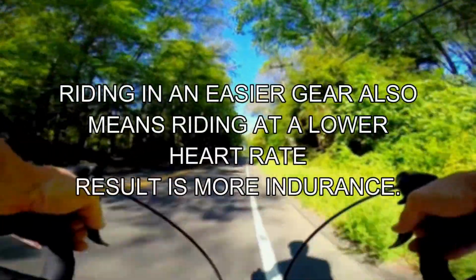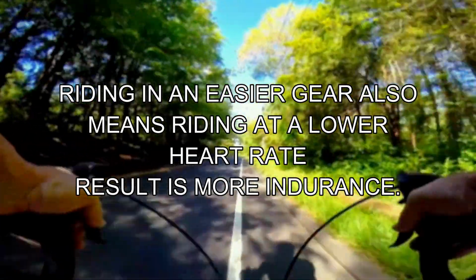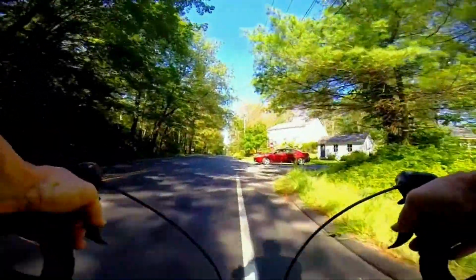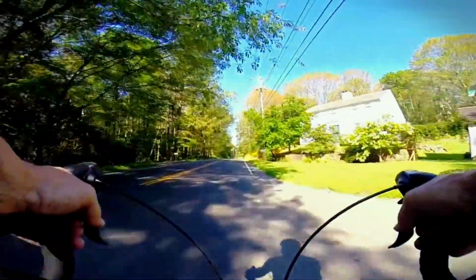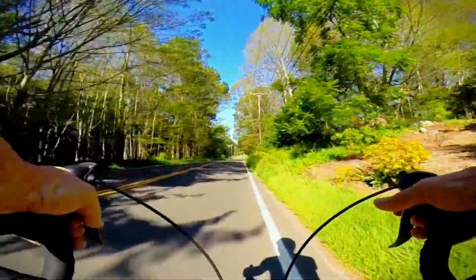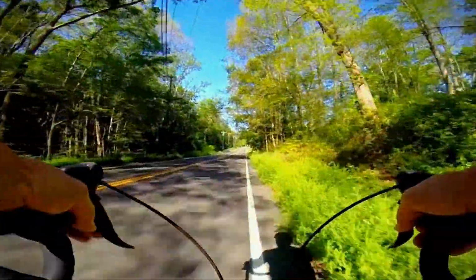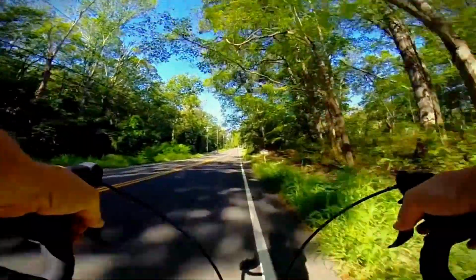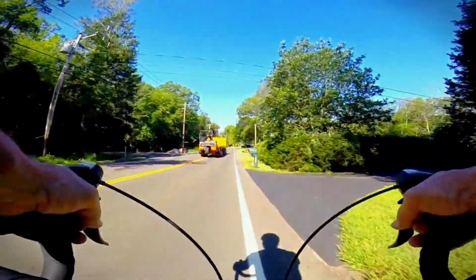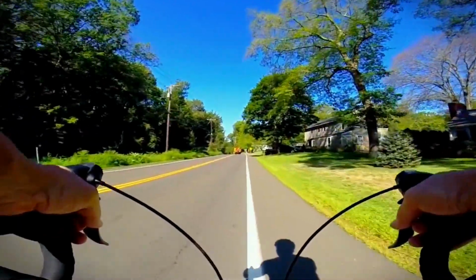Got no scientific basis for this because I don't know how often and how much time I spent in the smaller chain ring as opposed to the larger one, and whether or not I typically would have been in the larger one at any one point in time. So anyway, what I did find, much to my surprise, is that I did have a pretty decent average miles per hour